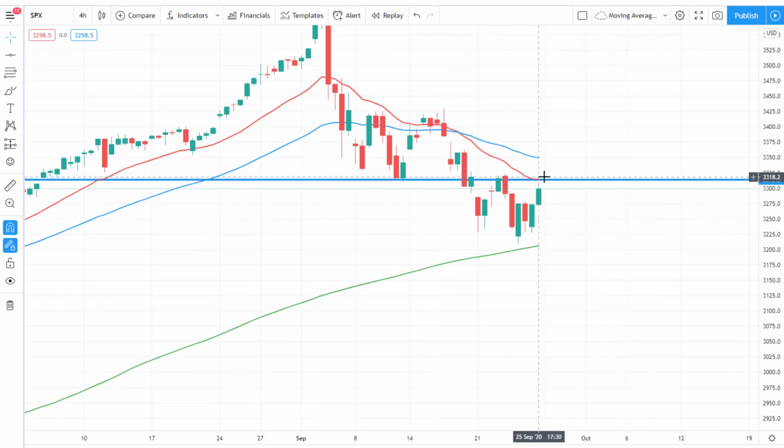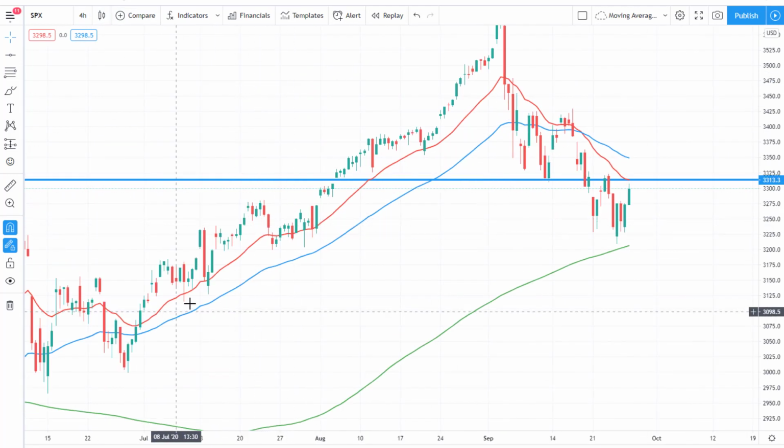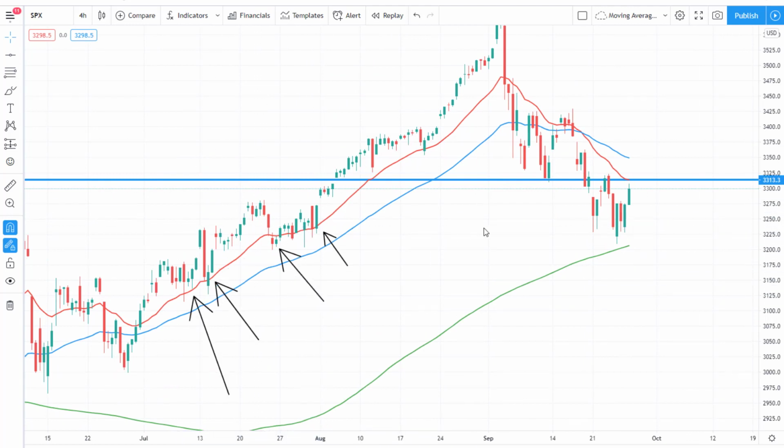So the 33.20 zone, we've got now on the 4-hour, it's going to be around a 20 exponential moving average. We know that this was respected all the way through the buying up. So we know that this 20 exponential moving average should act as dynamic resistance. We know that it hasn't really been tapped in a while in terms of the real market. It was hit here between the 14th and the 21st of September.